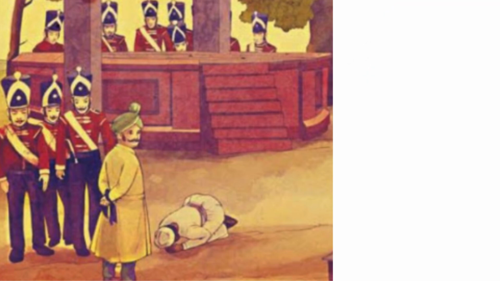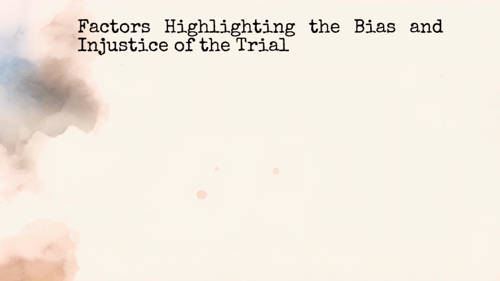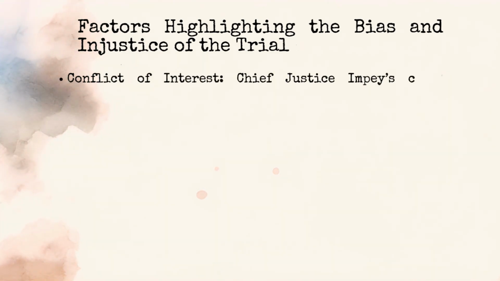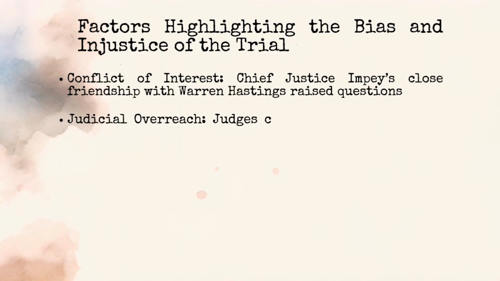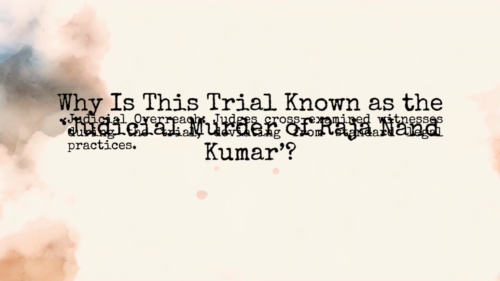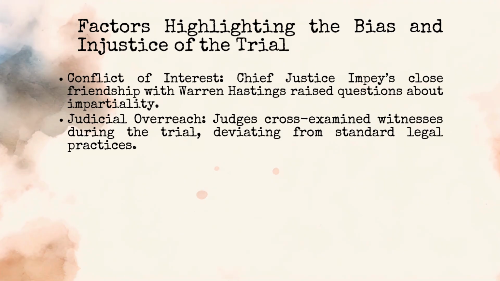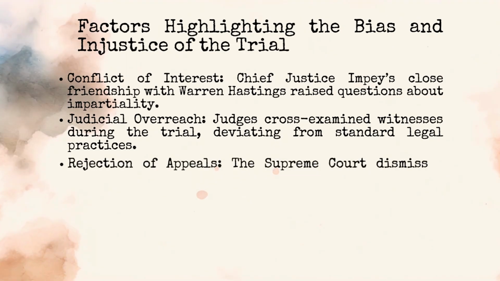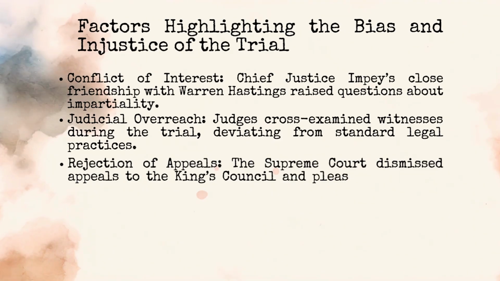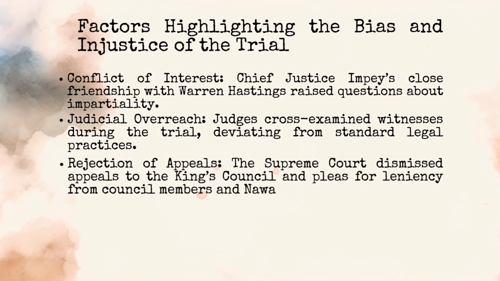So here are the factors highlighting the bias and injustice that characterize this trial. Firstly, conflict of interest, as Justice Impey was a close friend of Warren Hastings, cast doubt on the fairness of the proceeding. Second, judicial overreach. The judges themselves cross-examined witnesses during the trial, an unusual practice that suggested a lack of impartiality. Then the rejection of the appeal. The Supreme Court's refusal to consider the appeal to the King's Council or the pleas from council members and Nawab demonstrates its rigidity and